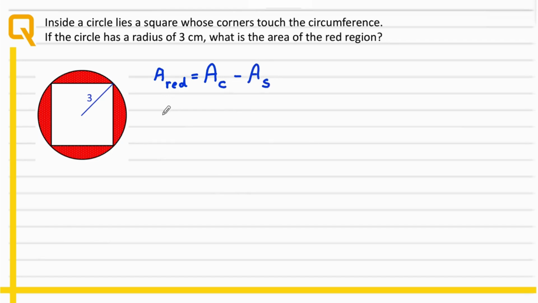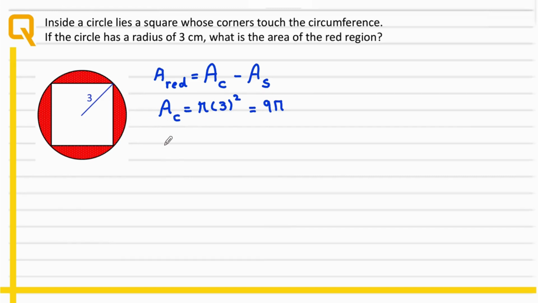So A for circle, as we know, is defined by pi times r squared. R is radius. Here is 3 centimeters. So pi times r squared, 3 to the power of 2, or 9 pi for